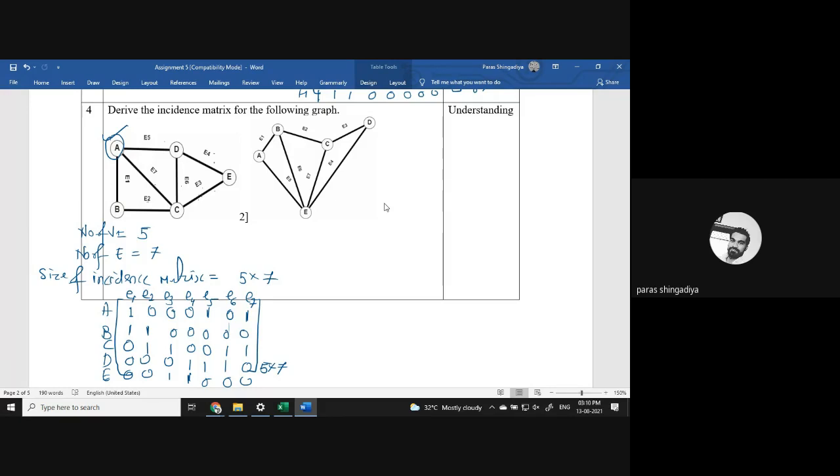How we can verify this answer? So each and every column should contain 1 exactly two times. As we know one result that every edge has 2 endpoints, starting and ending. So each column should involve two 1s. सभी column में 1 की entry 2 बार ही होनी चाहिए. ठीक है, if in any column it is only 1 time, or in any column it is 3 times, then it is wrong. Each and every column should have two 1s. Then it is a correct answer. Is it clear?